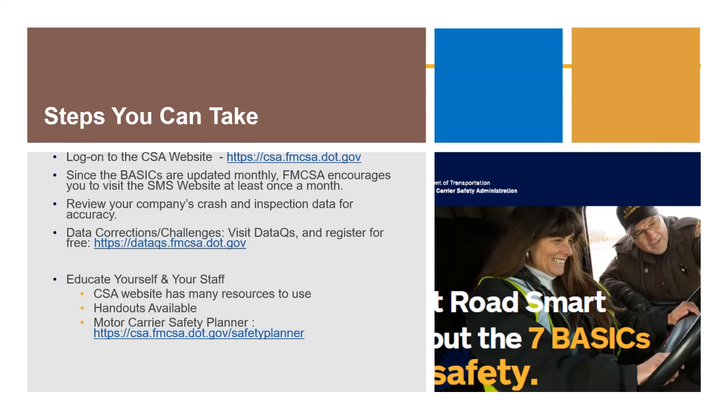So let's say you operate in Maryland, you would submit the DataQs challenge, it would go to Maryland, and that office would look at it and communicate via email and the DataQs website and get back to you after they look over your challenge. You submit evidence or information to challenge the issue, but you do have the method to go through the DataQs process to challenge any violation.